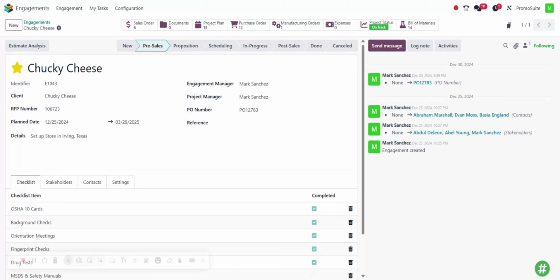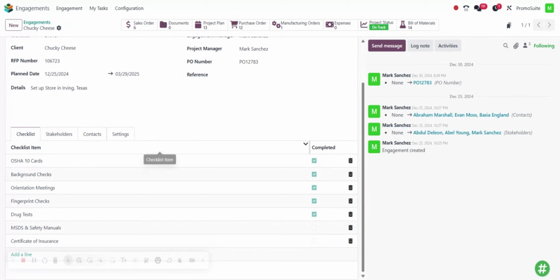On this page, you can add all of the important information, such as client, the RFP number, the plan date, the engagement manager, the project manager, PO number, the reference, and the details. On the bottom of the screen, we have a checklist where you can add any item and mark them as